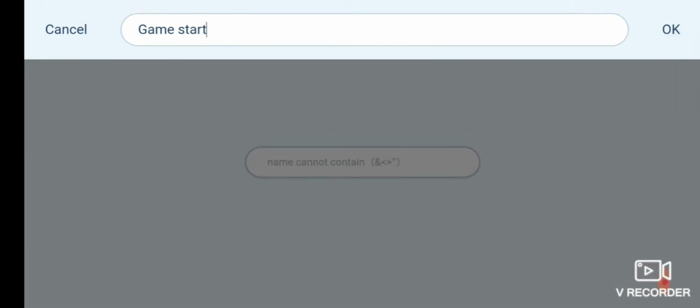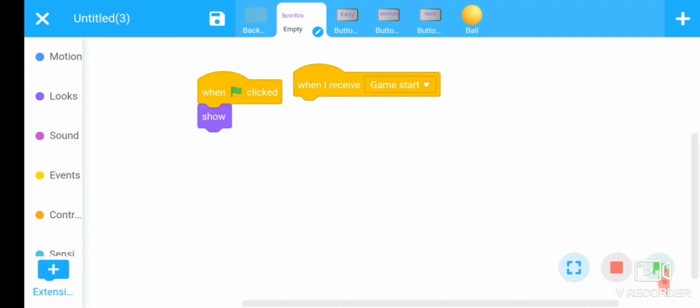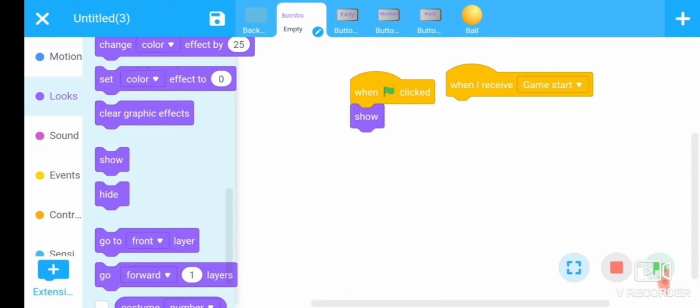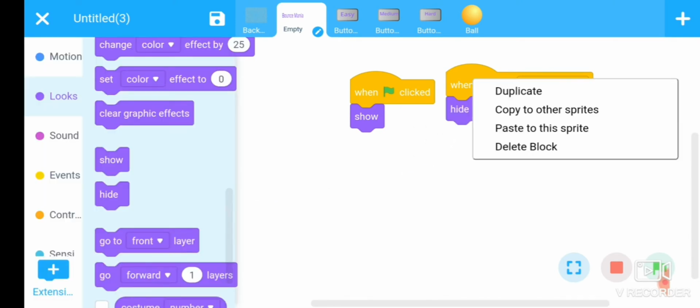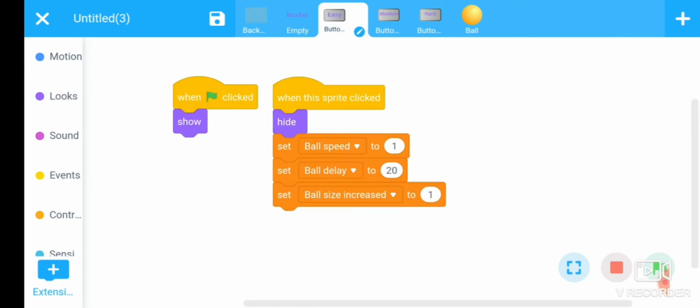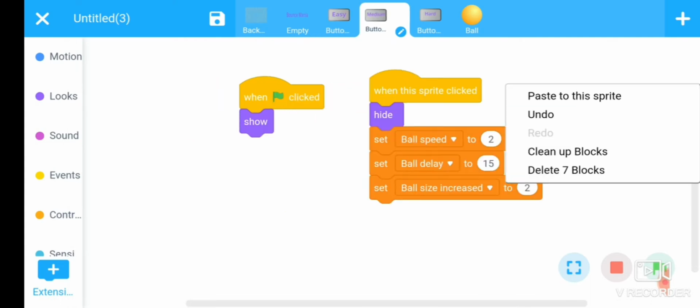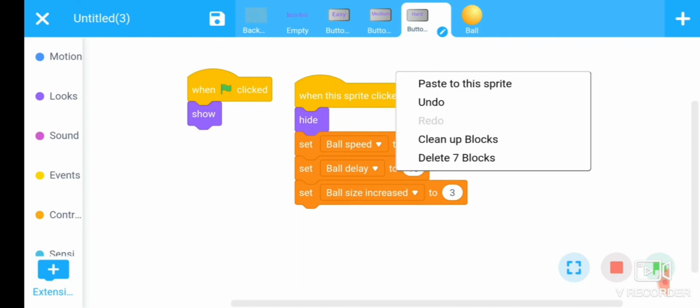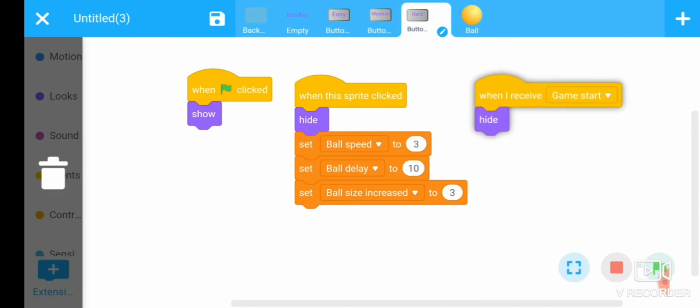This sprite should be hidden. Copy this and put it in all three buttons. Okay, fine.